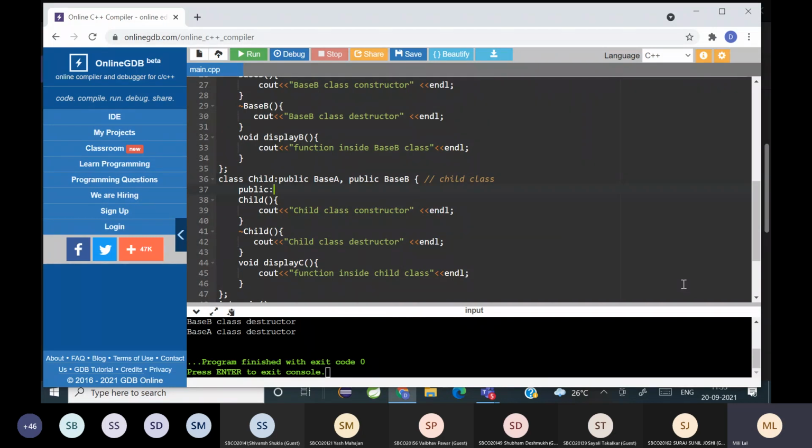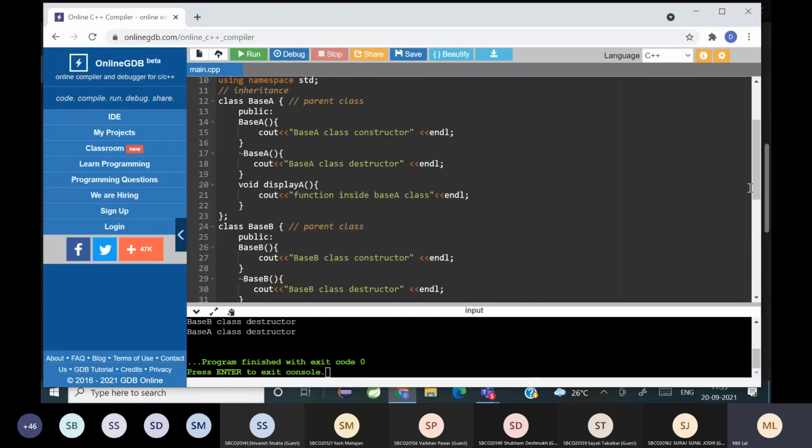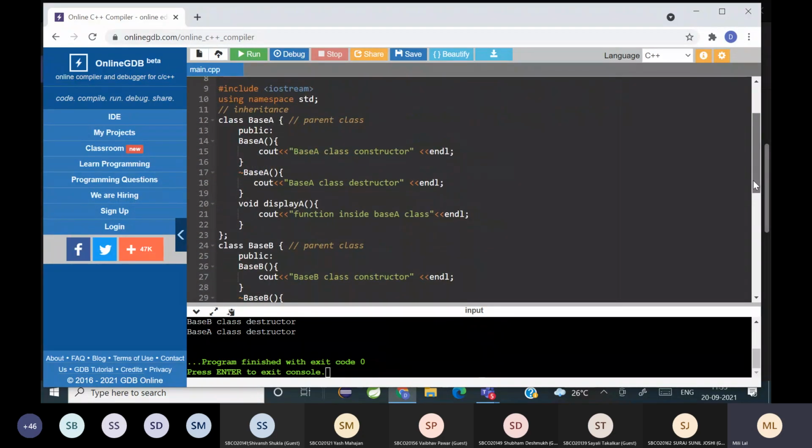Now next is called hierarchical inheritance.